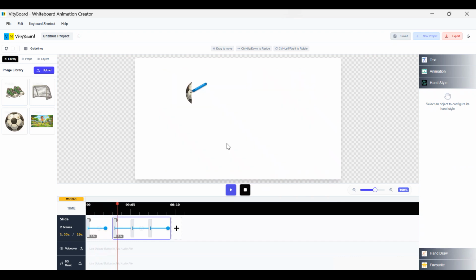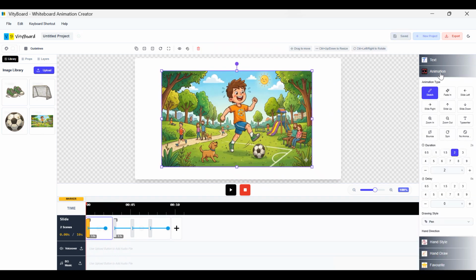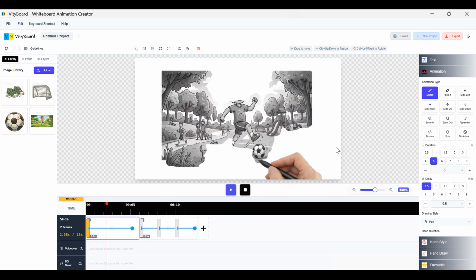it's very fast, so let's do this. Let me just increase the timing. So what I can do is go into the animation, and there is duration, I can increase the duration for the animation. Let's say 5 seconds, and 0.5 second delay, it will wait before starting before the next slide. All right, now let's give one more try to see how it looks now. So it is going to draw,